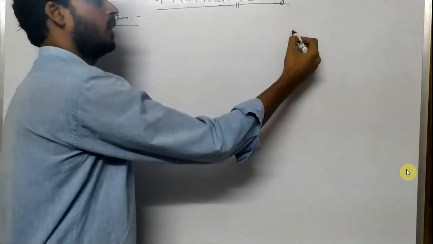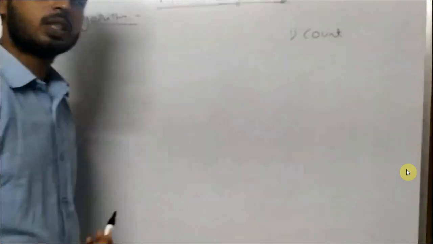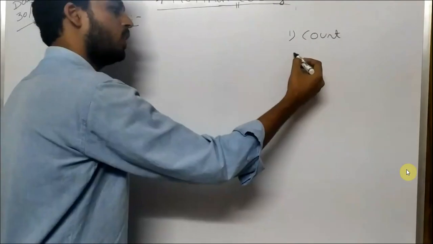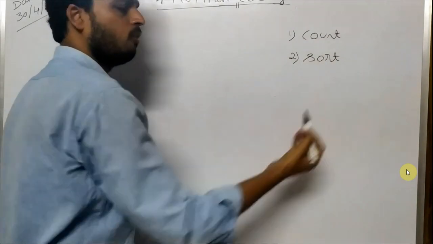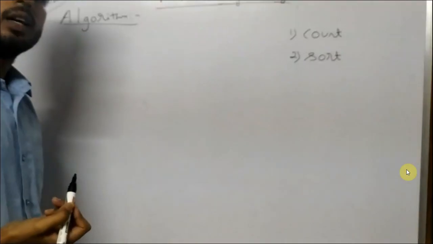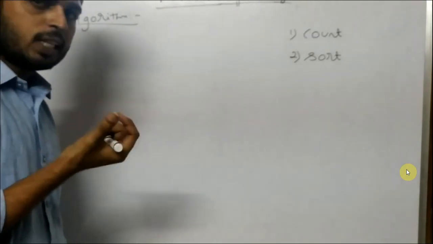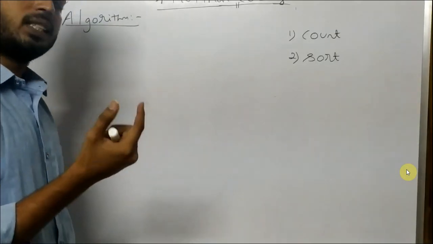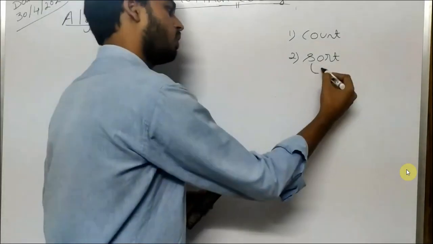Okay. Now, what are we going to do in this Huffman coding? We are going to first count the frequency. After counting the frequency, we are going to sort the data. Why are we going to sort the data? To get the least frequent characters every time. Is there another way other than sorting the data? No need. Simply, we can go for a priority queue.